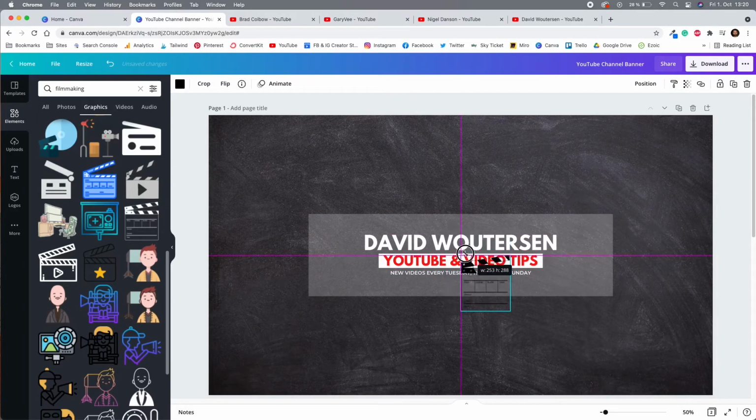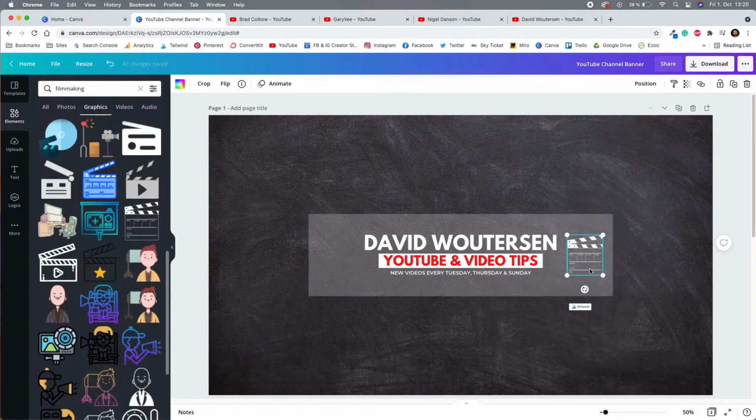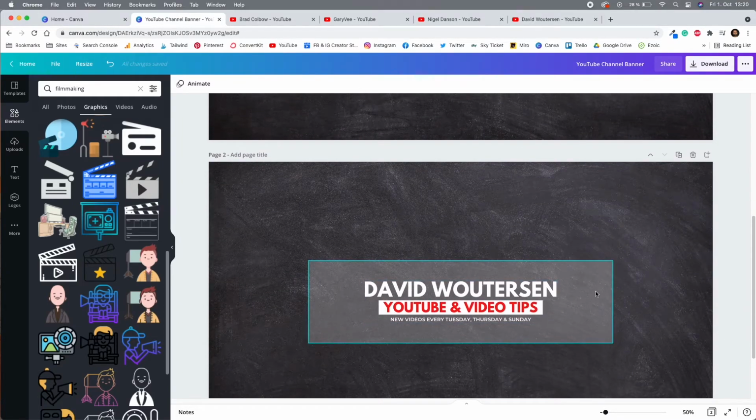Now this is a graphic element where I can change the color of the element. So if you look in the top left, it's black currently, so this is a transparent design, but I can change it to white so that you can view it more easily. You can see what it is more easily. And I think that looks all right. Maybe just change the size slightly. Okay, and let me just get rid of this because we've got our second page here that we can just